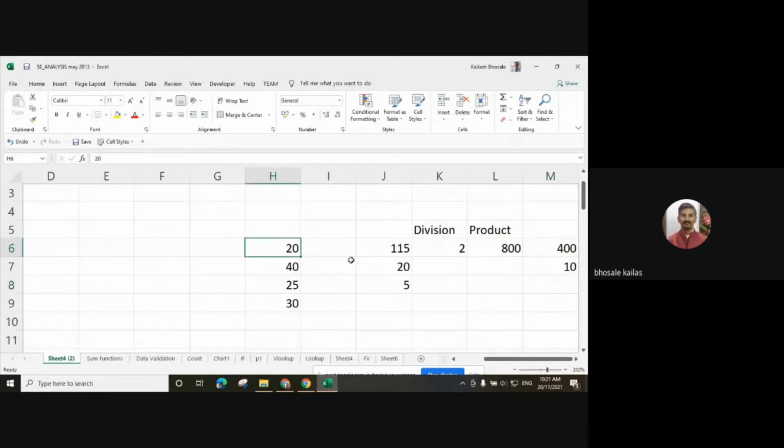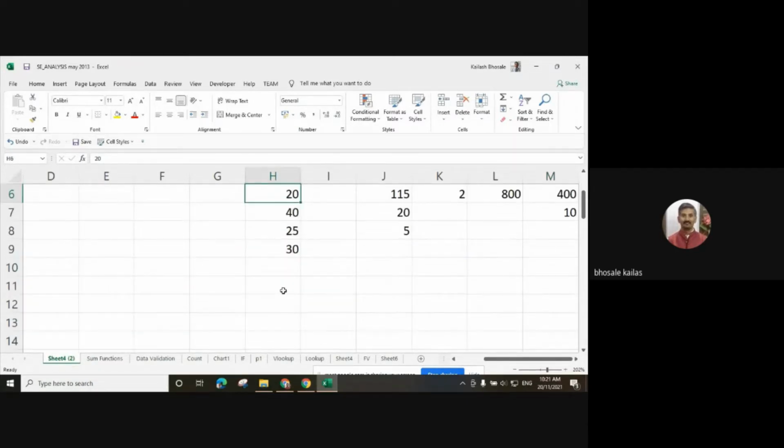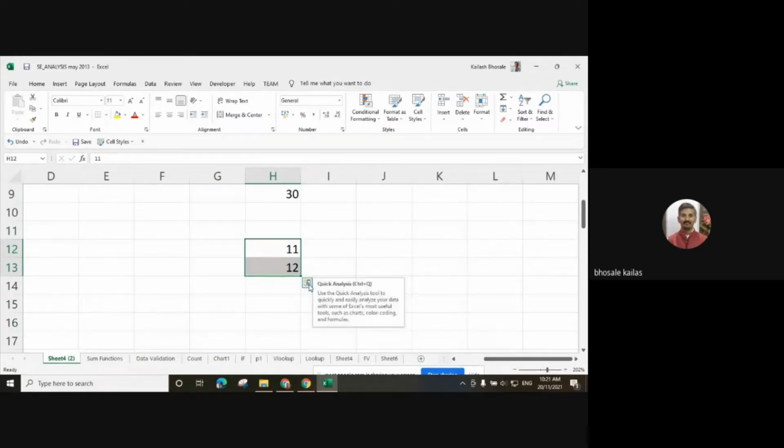Suppose I want to use cut, copy, paste. There are some numbers here. Suppose I want to create data of 11, 12 and then up to 20. Either I can use the fill command.